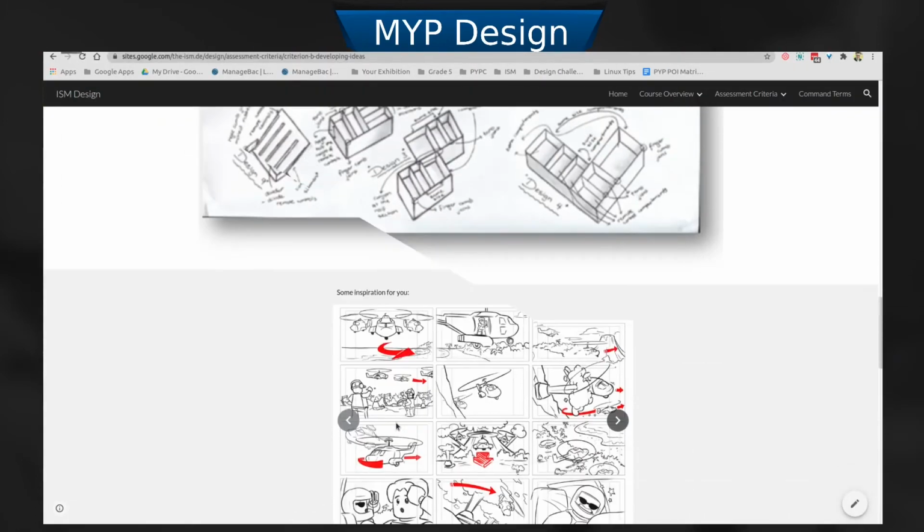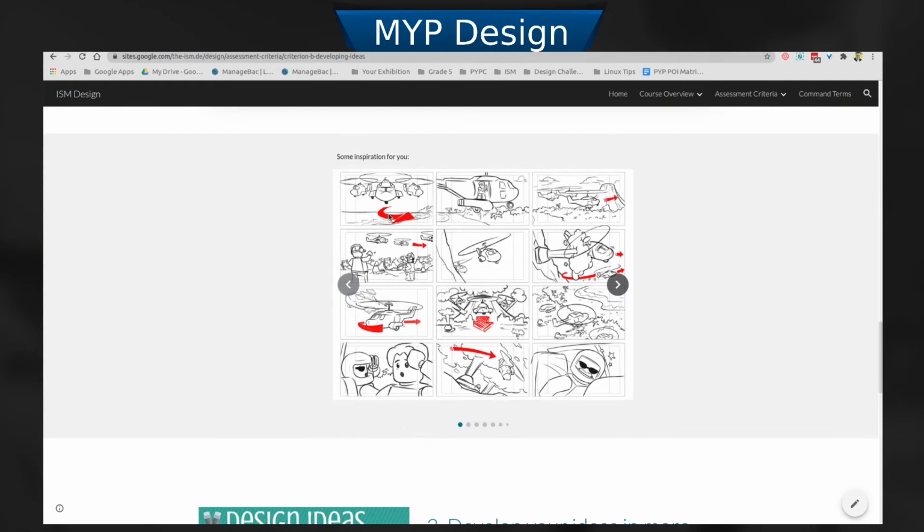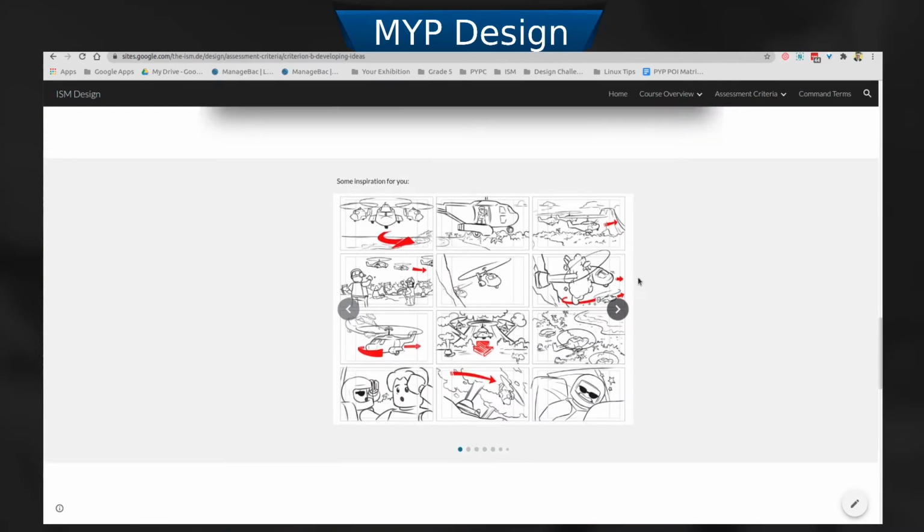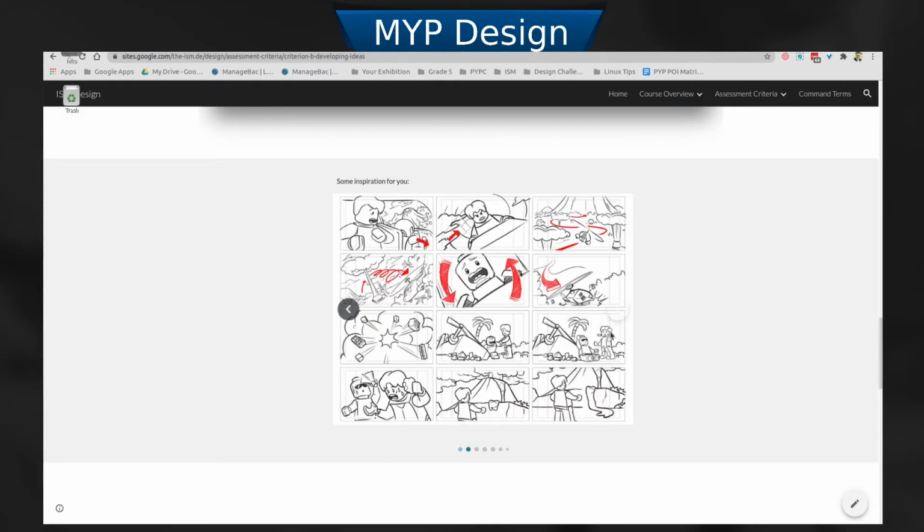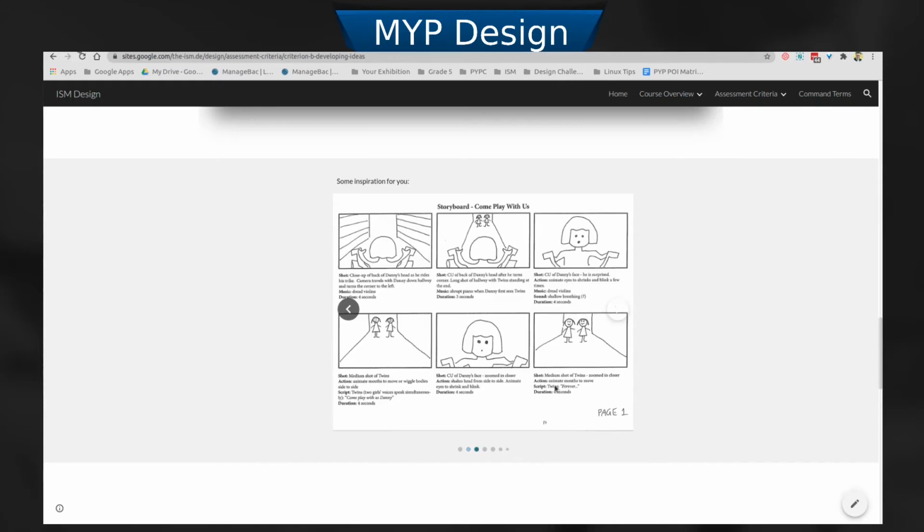So here we are in a full screen view for looking at those design ideas. Now, these are design ideas on a storyboard. And the storyboard that we've been using here has been using these red arrows to show movement in these scenes or these shots. Now, this here is a much more detailed storyboard, even though the drawing is very sketchy, pun